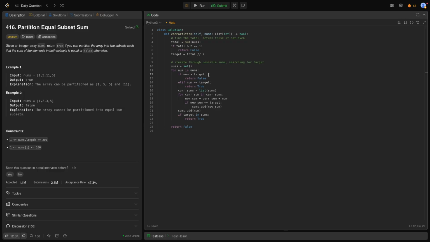We should probably do this here also. If max of nums equals or is greater than target, return false. All right, and we can actually then get rid of this. And then we're saying this because